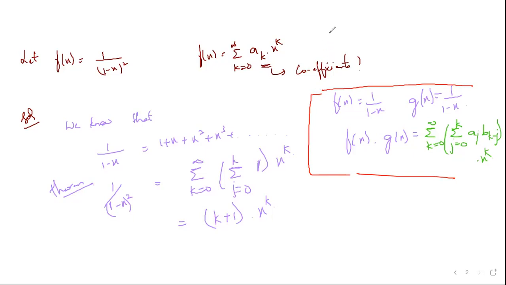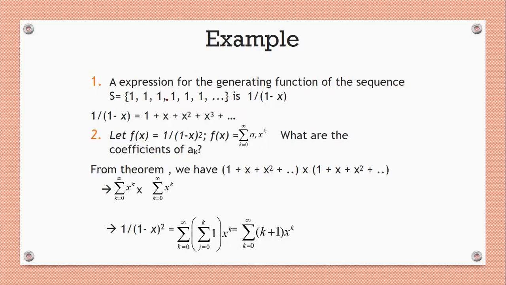Now the next thing is, I have already told the concept of binomial theorem. So now we will be seeing the concept of extended binomial theorem. First, let's see it on the slide. These are the two problems which we have already solved. 1 by 1 minus x, for that the sequence is 1 plus x plus x squared plus x cube and so on.